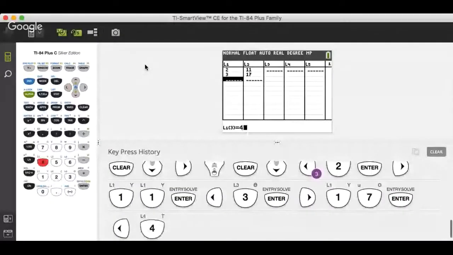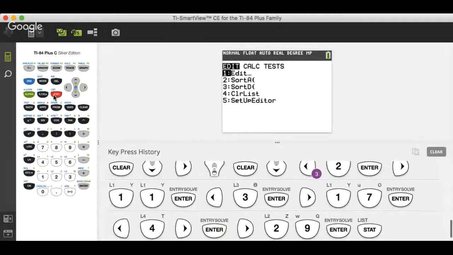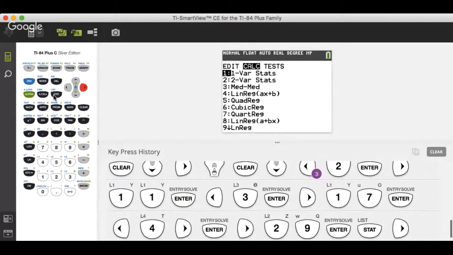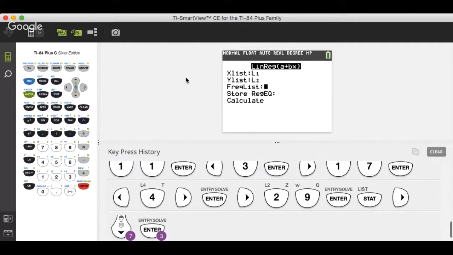So if nothing else, this allows us to use the calculator. If these are the 3 points and we want to find all of our stuff, we could go to stat calc, and we're going to go to linear regression, A plus BX, where A would be the y-intercept and B would be the slope. Notice the r squared as well. R squared is our power. R is the correlation. We'll talk about the official names here in a second. Don't let me forget that, because that's important.